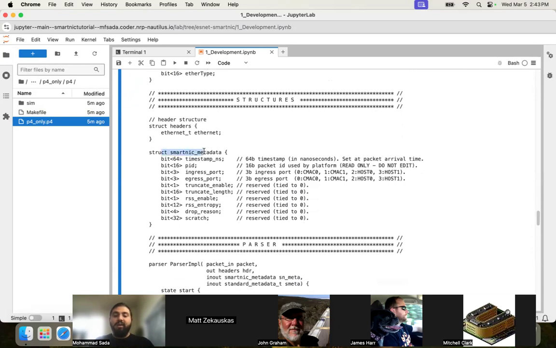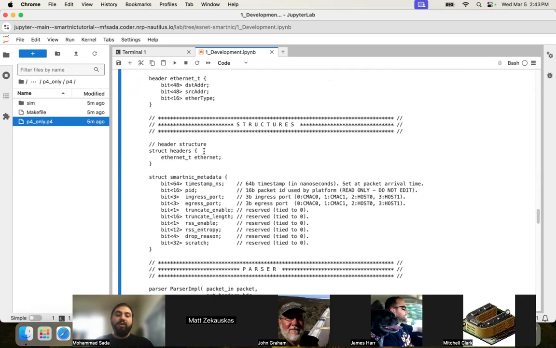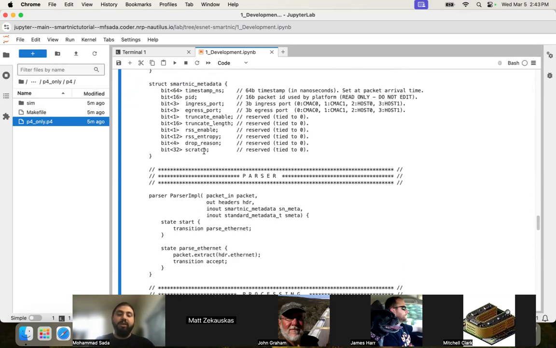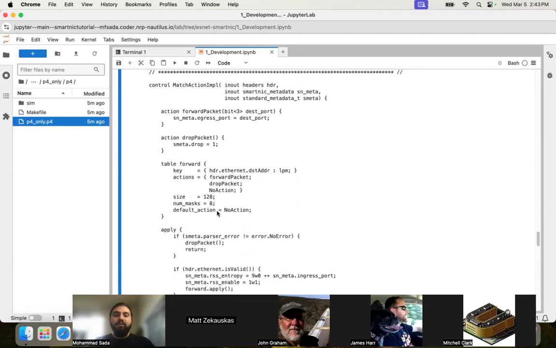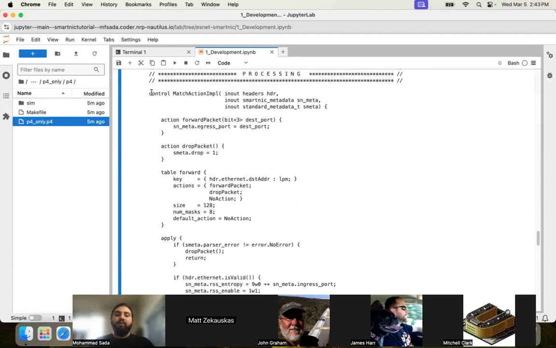And this is my metadata that is populated by the SmartNIC when the packets arrive at the SmartNIC. And this is my parser pipeline. My parser only parses Ethernet and then transitions to accept the packet. You can see here very clearly, then I go to the match action implementation block, and I'm not going to